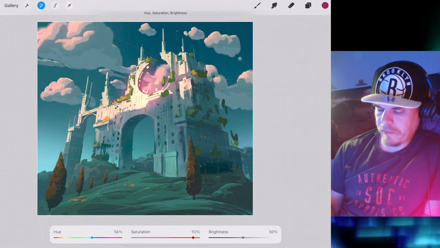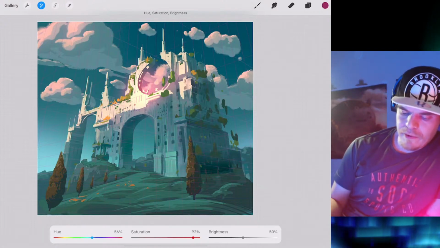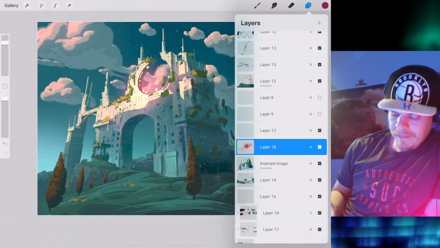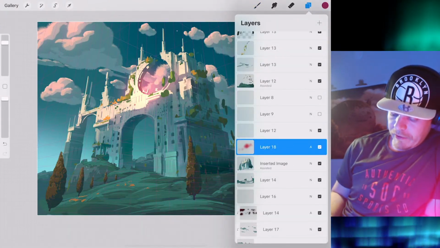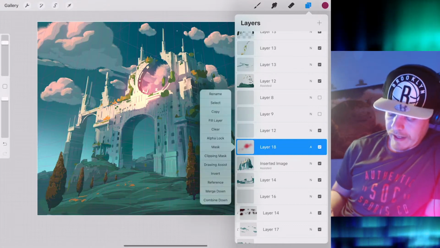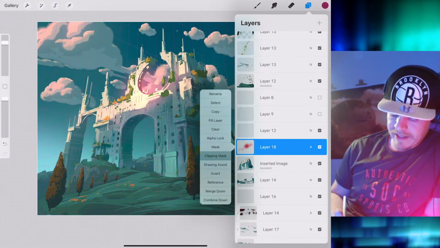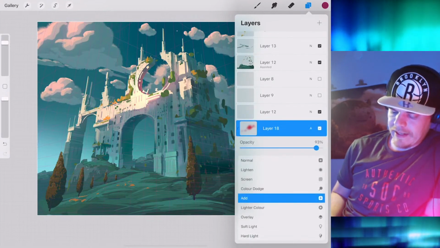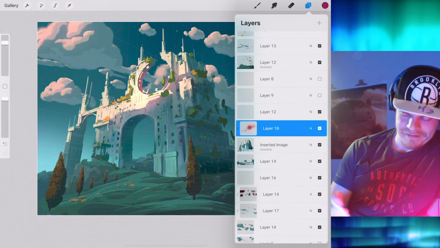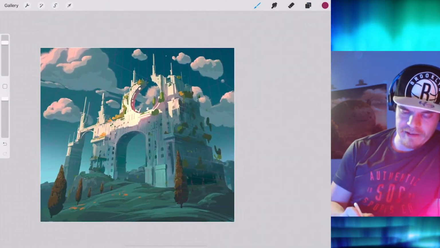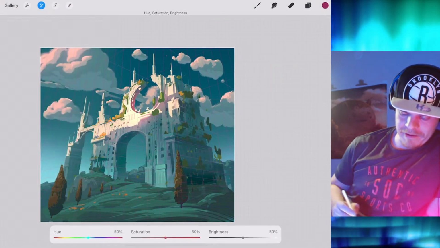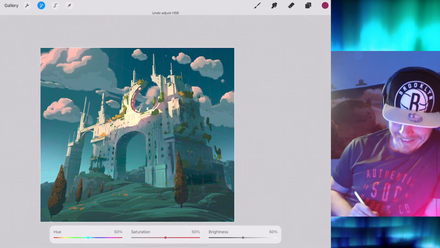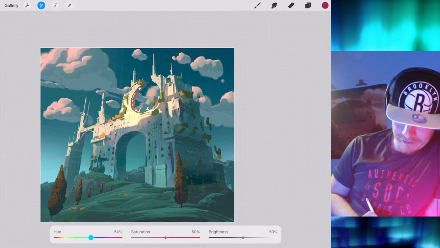Now I'm adding a little bit of fringe to those shadows cast in the building top part, so that the light is bouncing off different parts of the building and hitting the white faces again. And I'm setting this as a clipping mask. I kind of like that high level of saturation. I know it doesn't look especially realistic, but it's not exactly a realistic picture to begin with. I'm just more concerned about the emotion